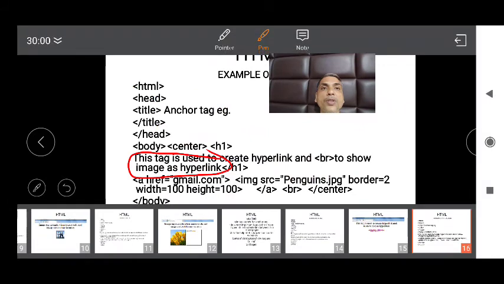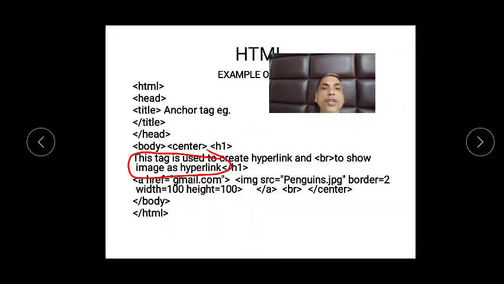Now after this we have a href Gmail, so here you require the internet connection. Now img src penguin.jpg, border, width, all these are different attributes of the image tag that we have already seen in the previous slides.